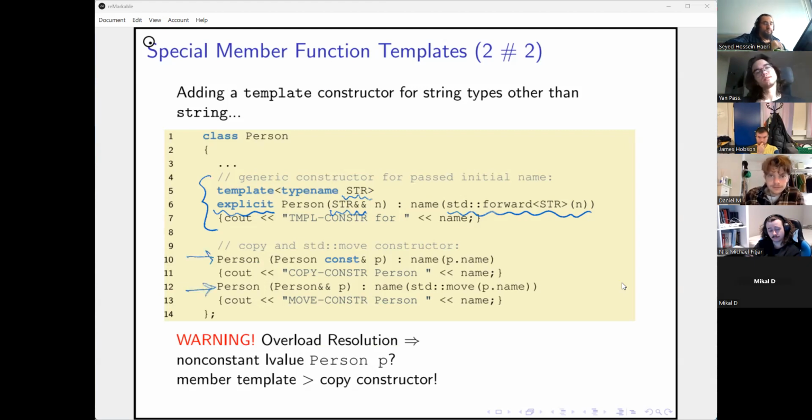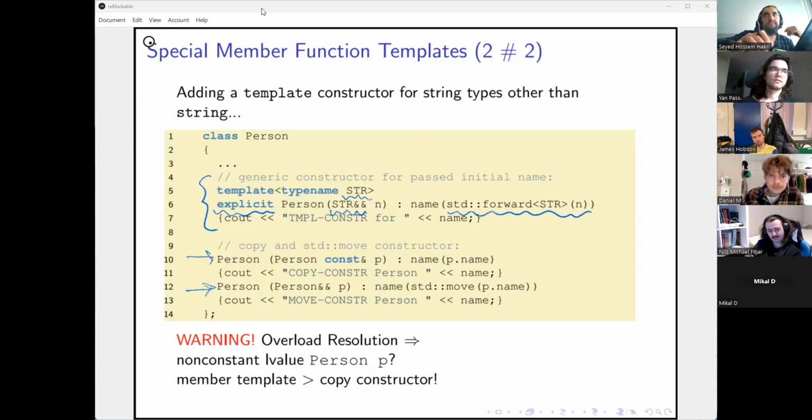Now, one thing which is important for you to know is that, like every other function, when we have different overloads of a function, the rules of overload resolution of C++ kick in.